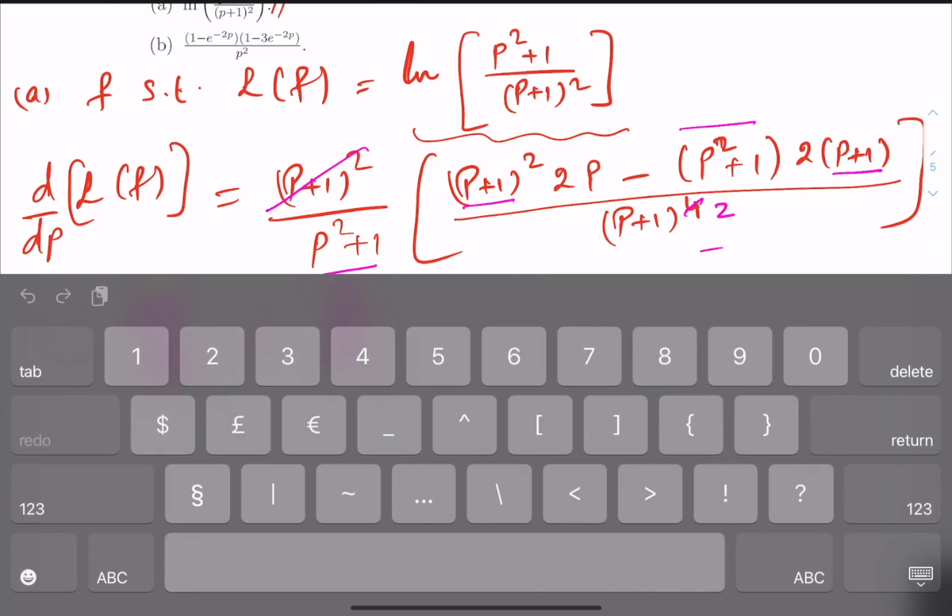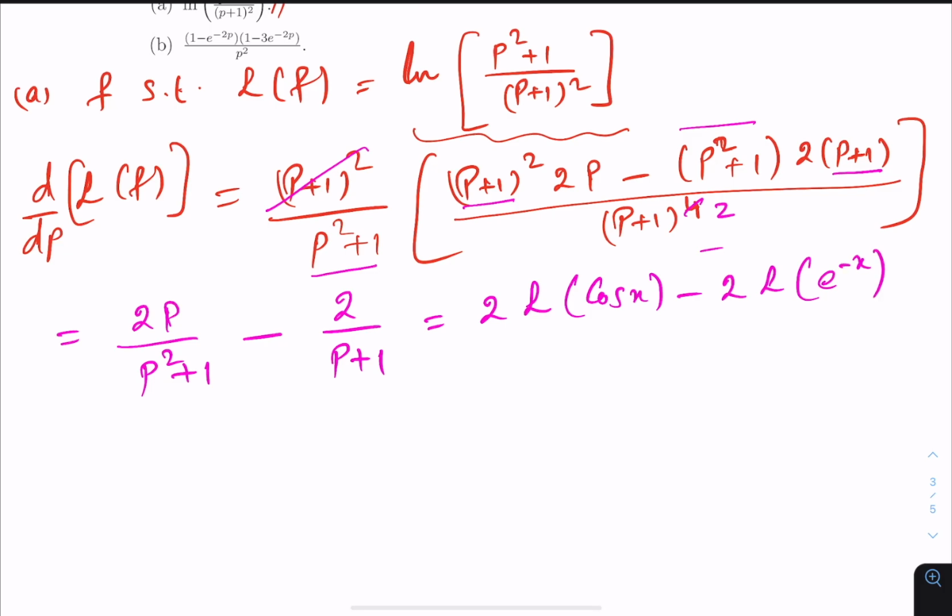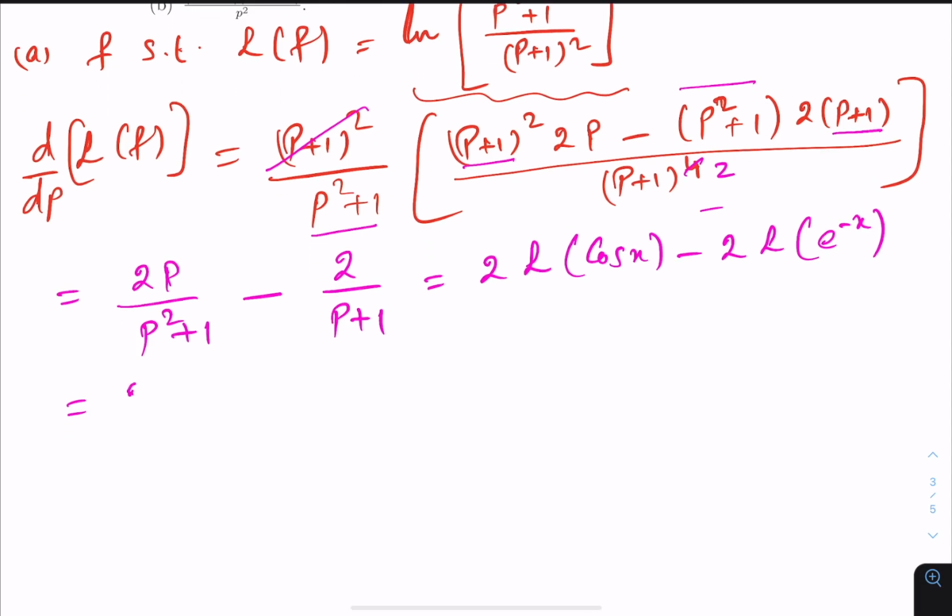Okay, so now what is the function whose Laplace transform is this? You can see that this, by the definition of the Laplace transform, is nothing but cos x, minus 2, and this one is by definition the Laplace transform of exponential of minus x. Okay, now by the linearity of the Laplace transform, you can write this as